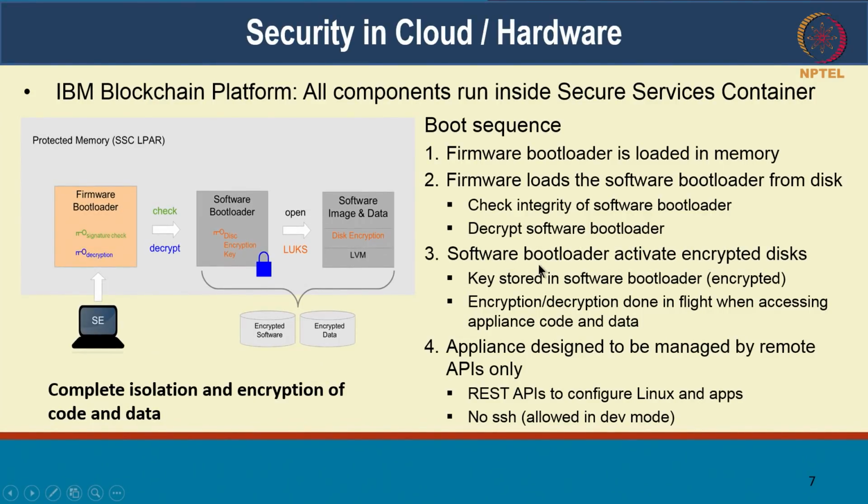And the software bootloader actually has keys stored in it. There are keys stored in the software bootloader that will enable you to activate encrypted disks. And this encryption and decryption is done in flight when accessing appliance code and data that's residing on the disks. Right, so that's a kind of security that's all built into hardware and software as part of this secure services